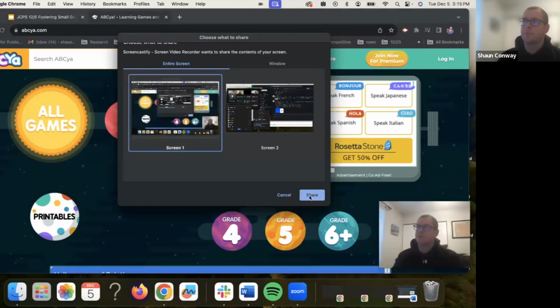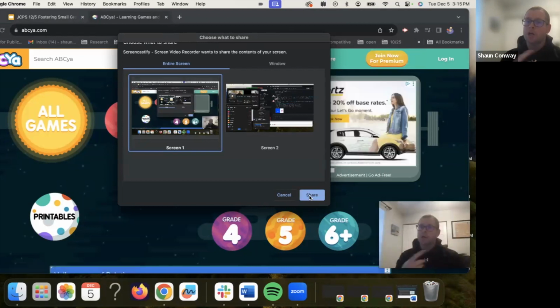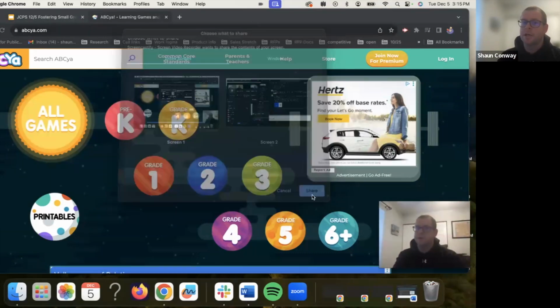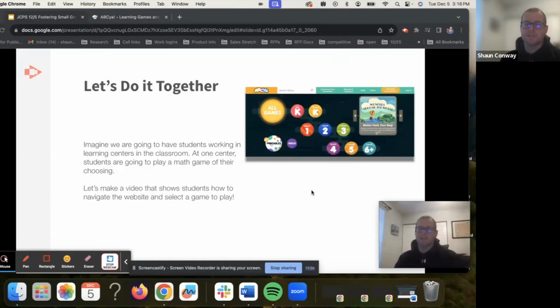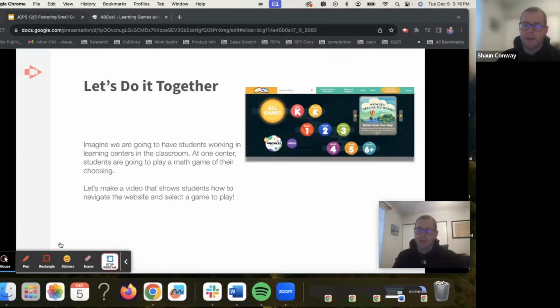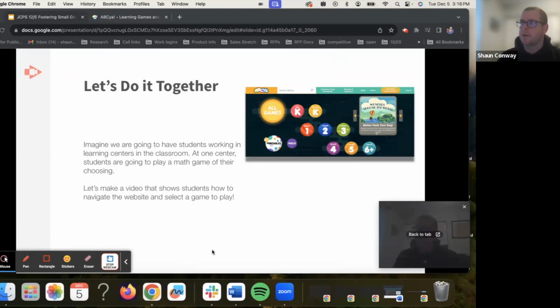Now, if you have an external monitor or a document camera or anything else plugged into your computer, you are going to have to pick which screen you record. Usually students are only going to have the singular device, so it's not an issue for students, but if you have anything additional plugged in, you would need to pick which screen you're recording. So at this point now, as you can see, I have my webcam embedded and I have my annotation toolbar down here on the bottom.